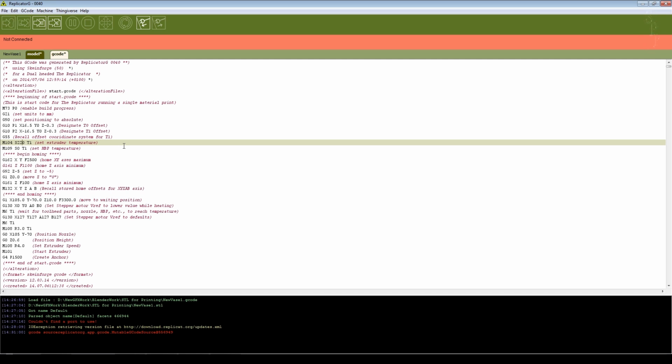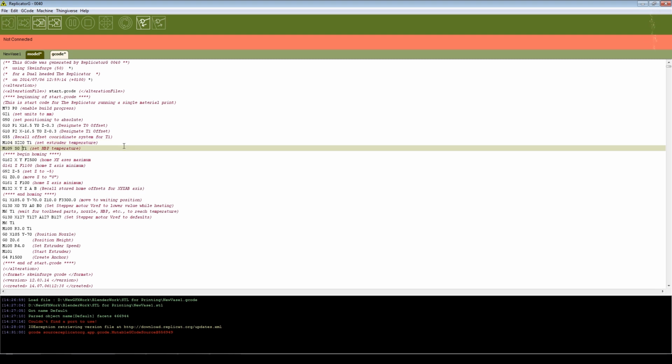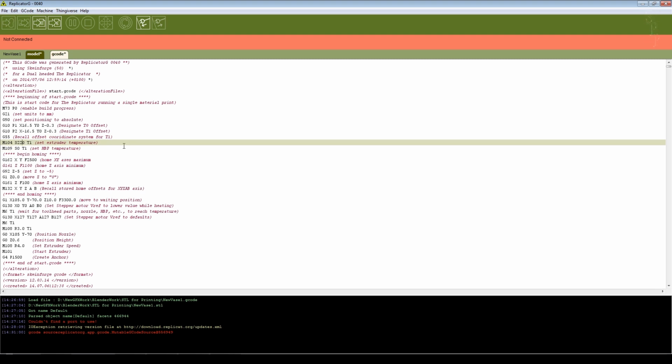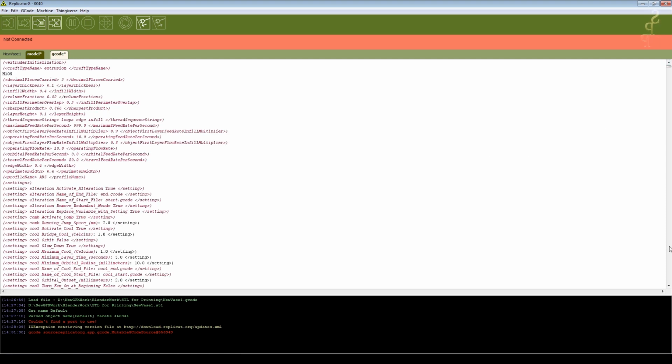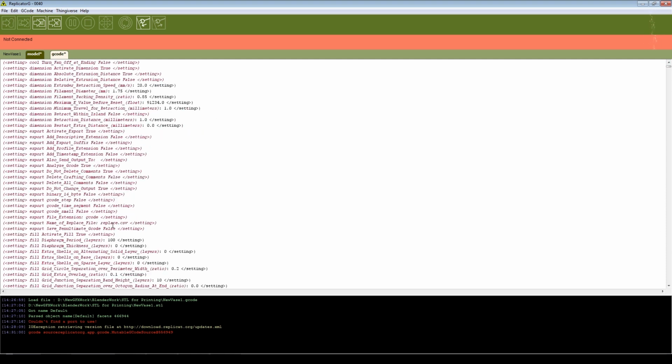So this is defaulted, because I haven't obviously recompiled it, 220 degrees, but you can just change that to whatever temperature you want. There are other things down here that I haven't spent a lot of time looking at, but you can see there's a lot of code here that's telling the head where to move to and what to do. And then when you're ready, you click this button, which will create an S3G file,